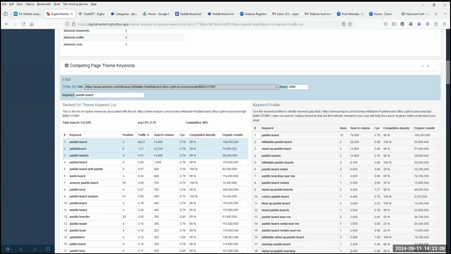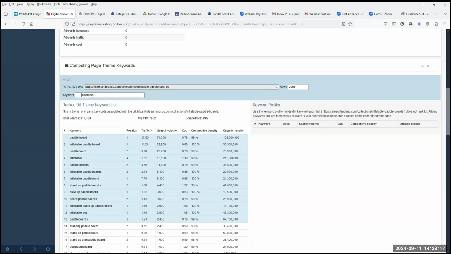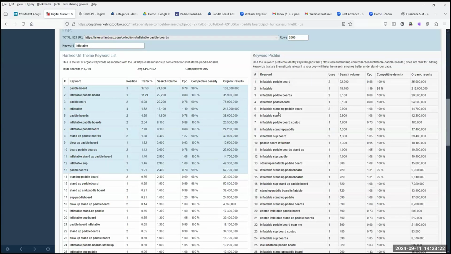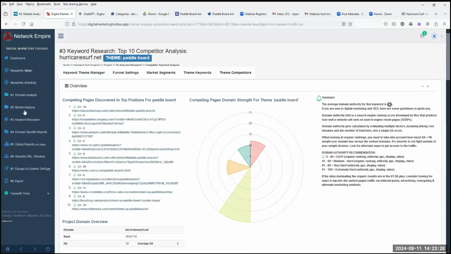So with DMT, you can analyze very quickly. And if I want to look at, let's say, the inflatable theme, I can copy that and stick it in. It's going to show me all the keywords we discovered and all the traffic. So you can see all the variants immediately. Okay, so this is all underneath the keyword research. So if we go back to the VOMA,